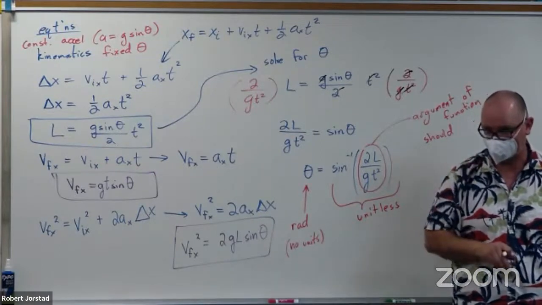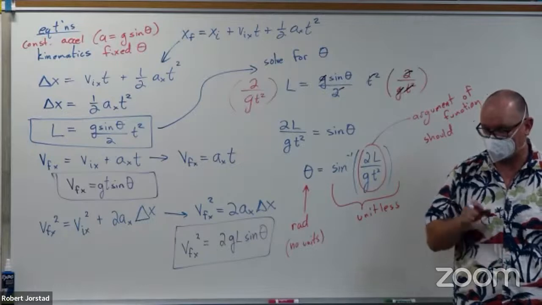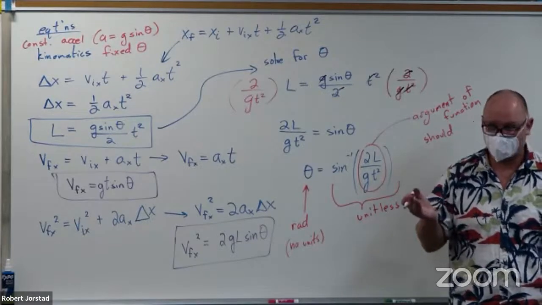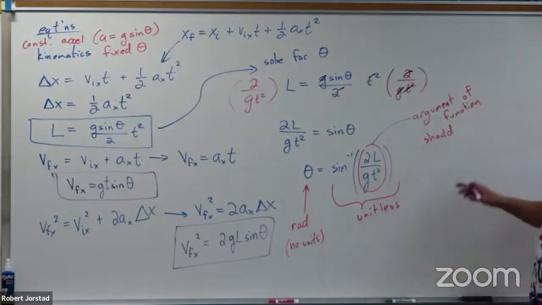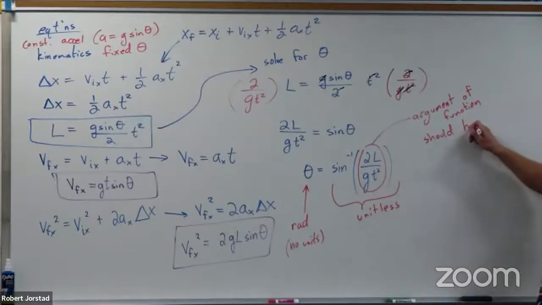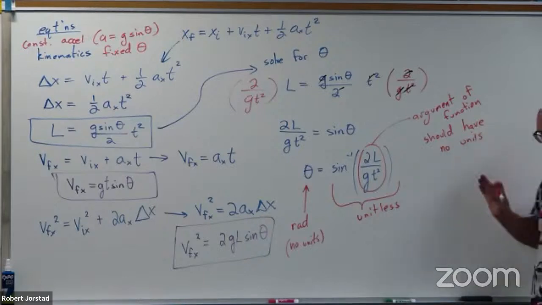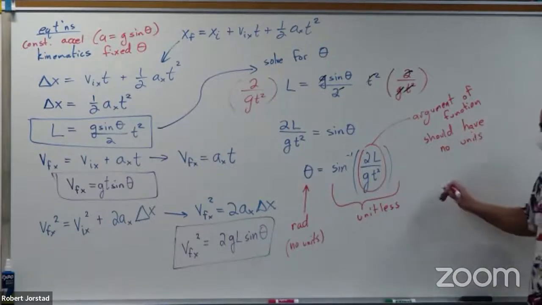How about units when you type in sine or cosine? How about inverse? So take a guess. It should have what kind of units? No units. This is also dimensionless. Okay, so